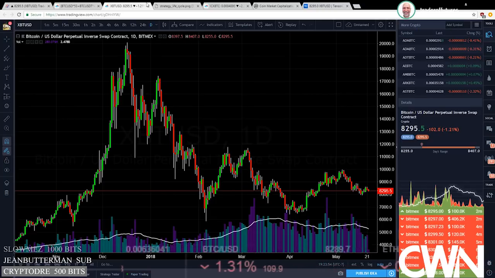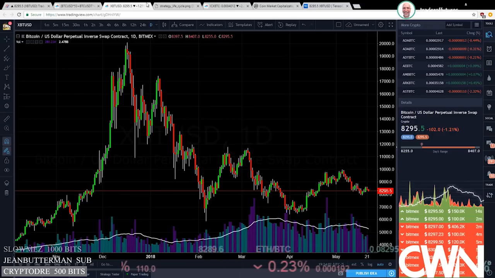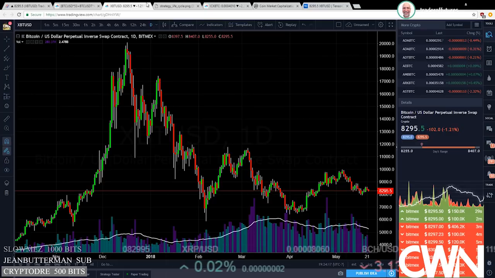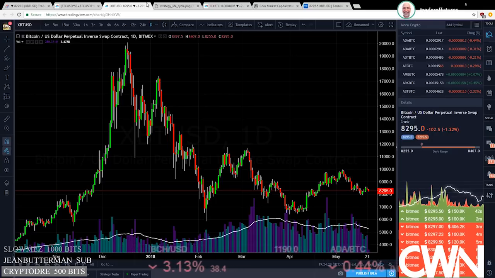I think what I'm talking about, for a lot of people, implies a lot of work. And I don't know if people are willing to do that kind of work, to tell you the truth. But when I look at Bitcoin, I said I started this all out by talking about how I would approach marking up my chart to identify opportunities.